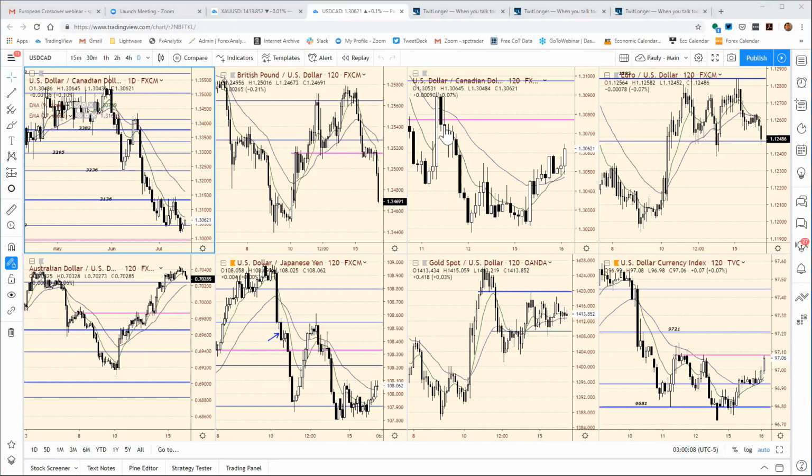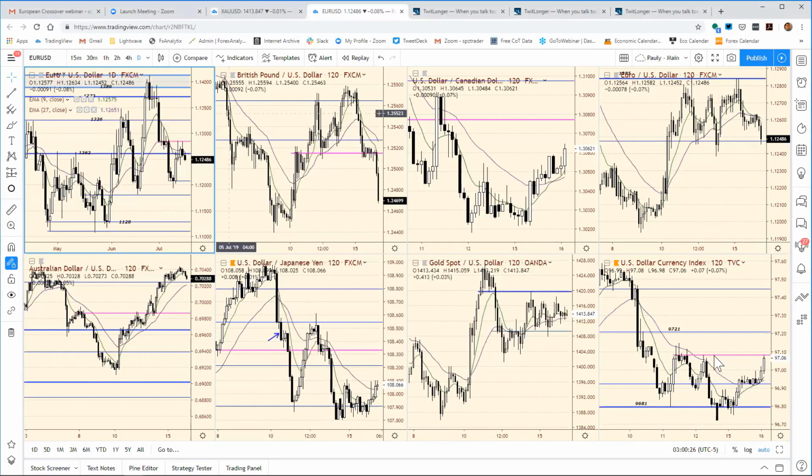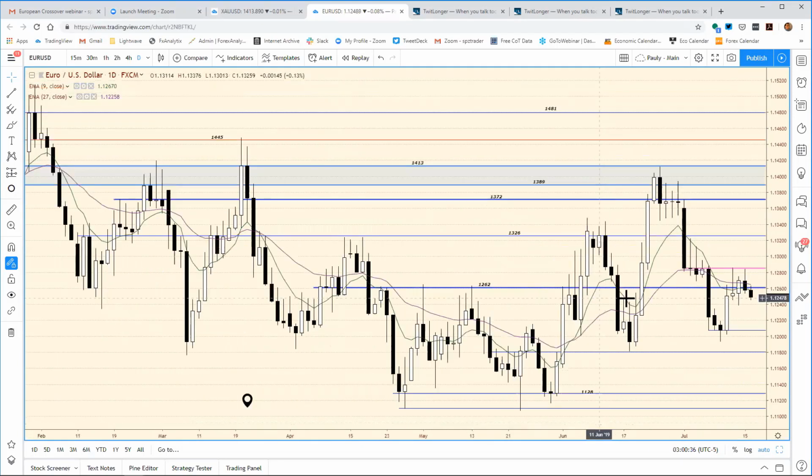And we're seeing the dollar strengthening just a little bit. You can see the euro dollar pairing back. We've talked about the significance of this 1285. I mentioned it last week. I thought it was important in the sense of just turning things around as far as momentum. Because obviously, the key thing is we had